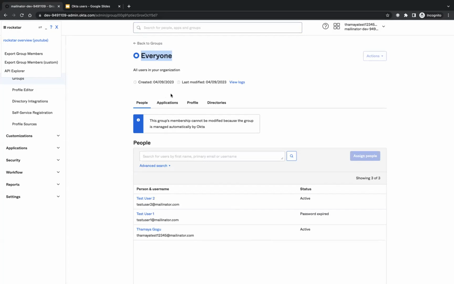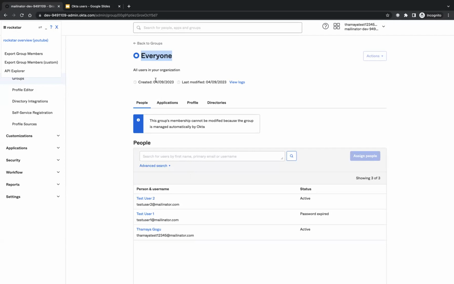That's why they assign everyone under the Everyone group, so that when we want to assign everyone, we just have to choose the Everyone group, irrespective of whether it's a custom group or an Okta-made group. So from the implementation side, it's much easier to do it in a similar way